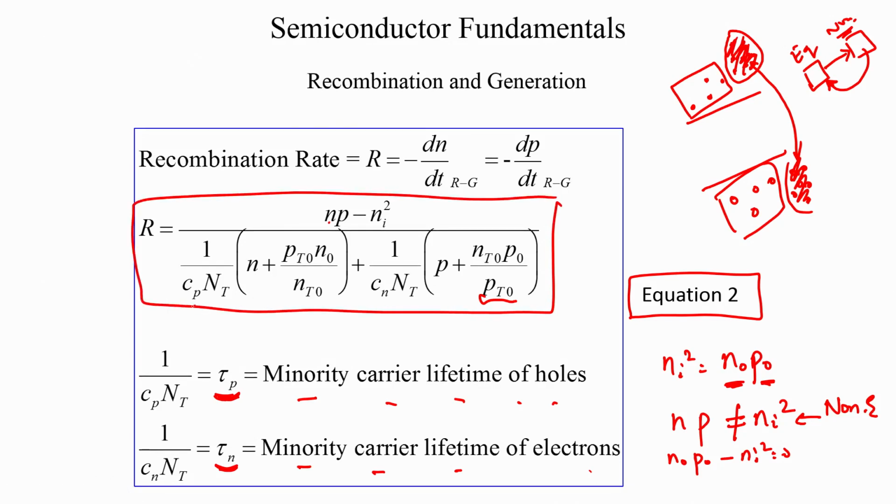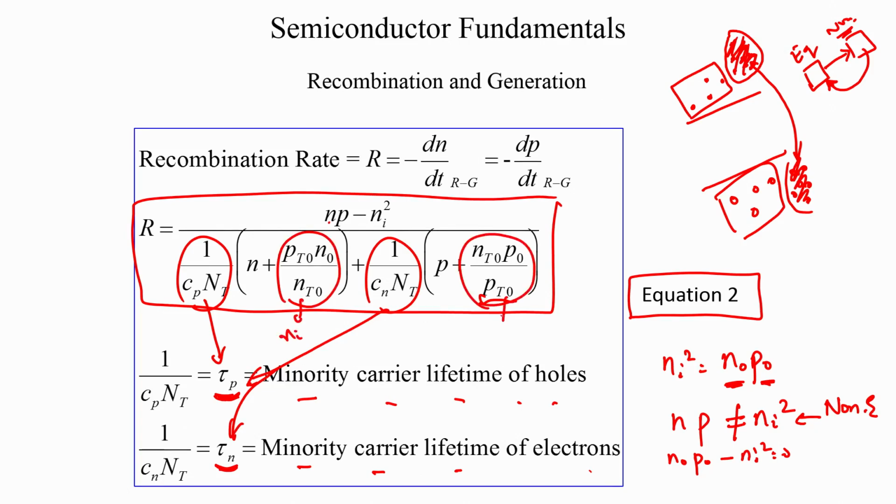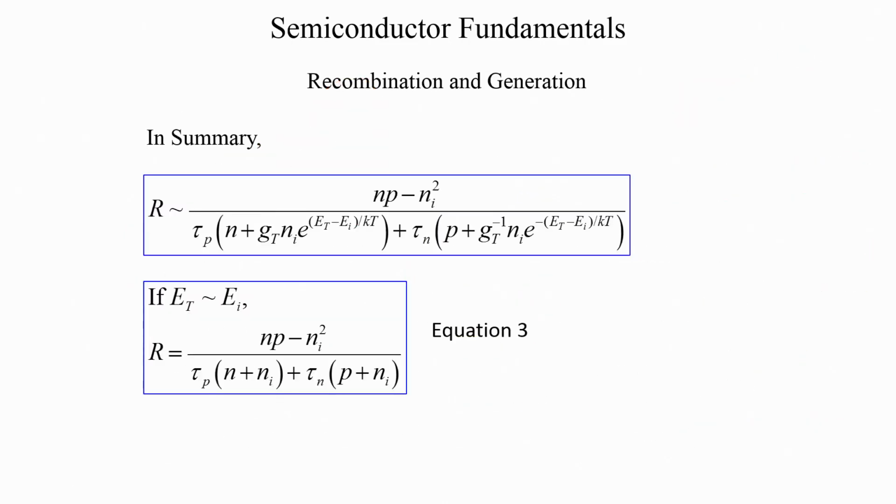So, we know that we have given this a separate symbol tau p and tau n, and we know that these two are approximately Ni provided Et lies close to Ei, and therefore, we can write a much simpler expression for R, which is np minus Ni square by tau p into n plus Ni plus tau n into p plus Ni, and we call this equation 3,